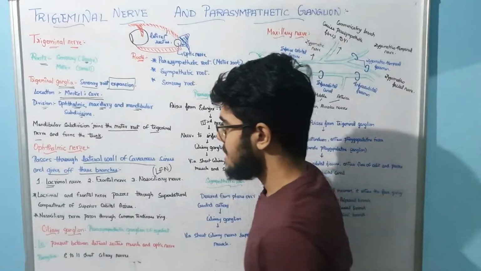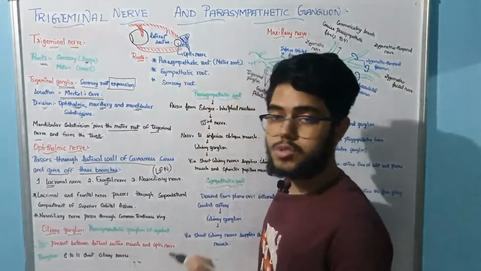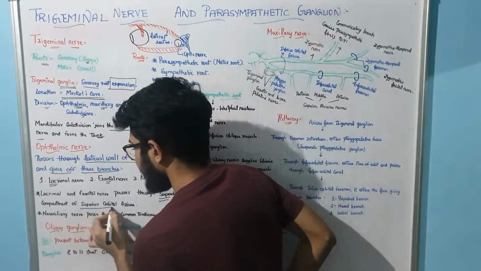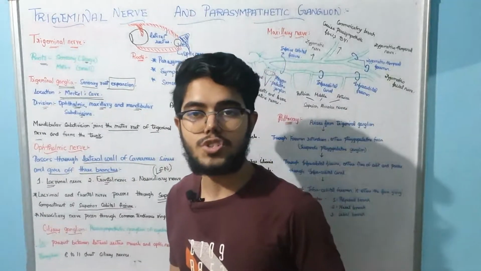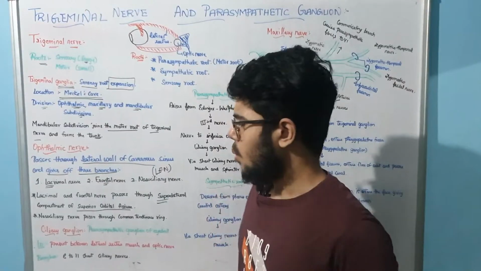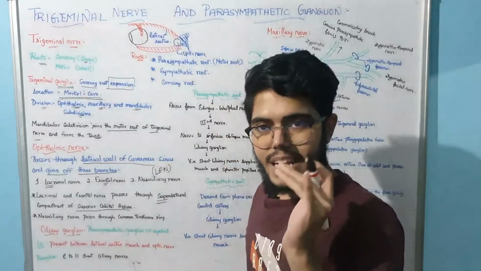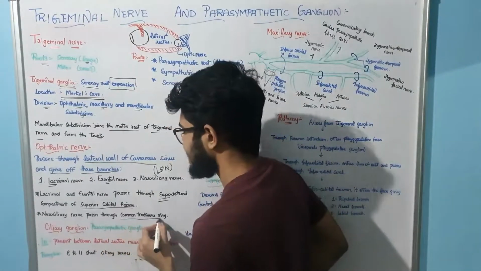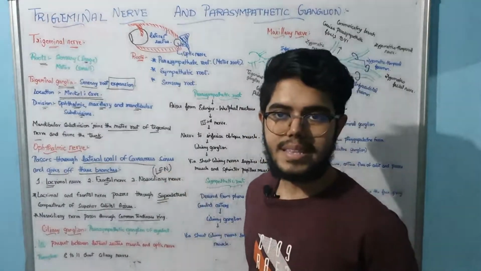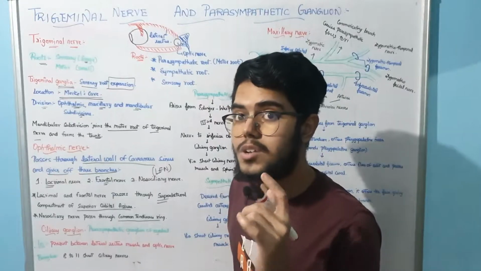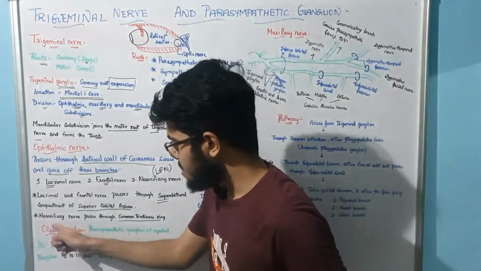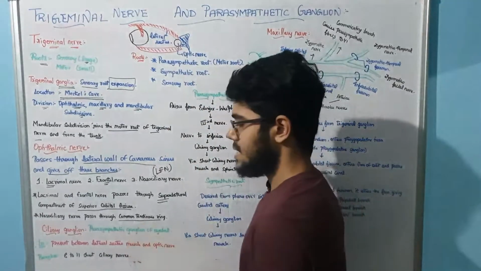But the important thing is, the lacrimal as well as the frontal nerve are going to pass through the superior lateral compartment of the superior orbital fissure. So who is going to pass through the superior orbital fissure? Two important nerves, that is the lacrimal nerve and the frontal nerve. What about the nasociliary nerve, sir? The nasociliary nerve is going to pass through our common tendinous ring. Very simple.